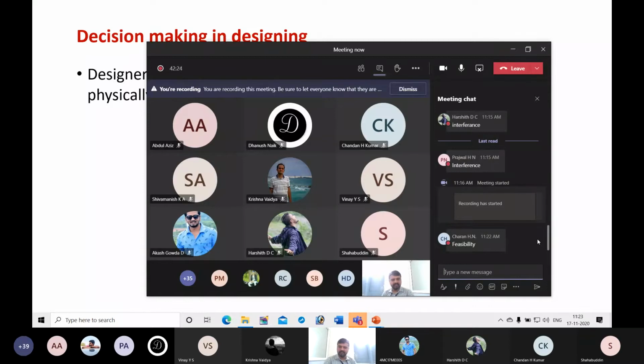Whether facility is available in-house or you have to consult others. At times you can give the design and get the work done by other companies. That is another possibility. One is facilities available in-house or outside. Next, technology, whether it is available in-house or outside. If it is available outside, whether the company can make use of the technology.